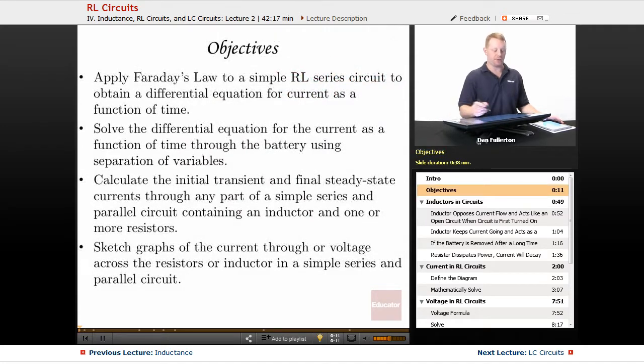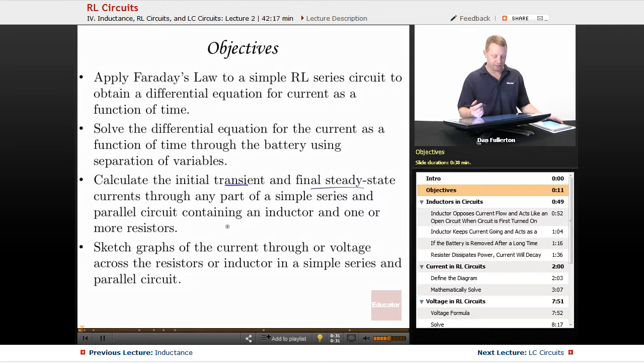In this lesson we're going to talk about RL circuits, circuits that have resistors and inductors. Our objectives include applying Faraday's law to a simple RL series circuit to obtain a differential equation for current as a function of time, solving the differential equation for the current as a function of time using that separation of variables technique that we've used a couple times,